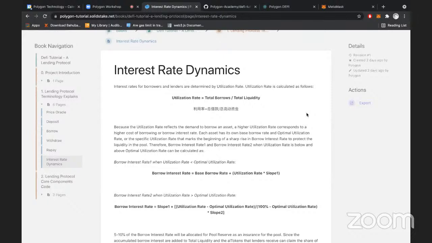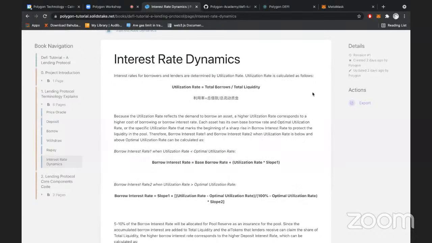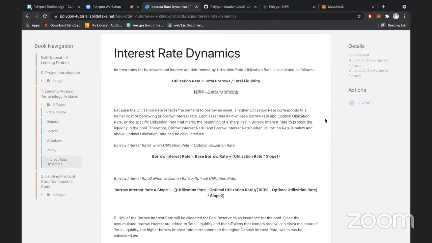A higher utilization rate would mean that the asset is in more demand, and hence it will have a higher borrow interest rate. Every asset, of course, has a base borrow rate, and in this